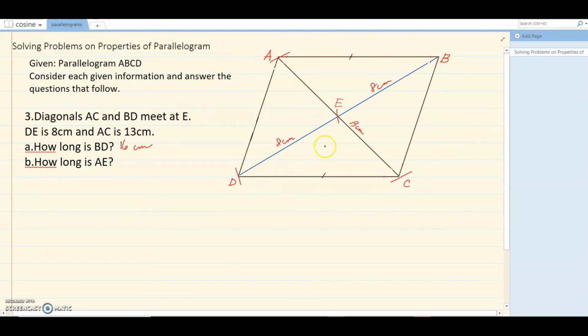So, doble lang siya. Next, how long is AE? Since yung AC natin na buo is 13, so yung AE just half of AC. So kung 13 yung buo, hatiin lang natin yung 13 by 2. So that is 6.5 centimeters. Okay, so that is how we measure the